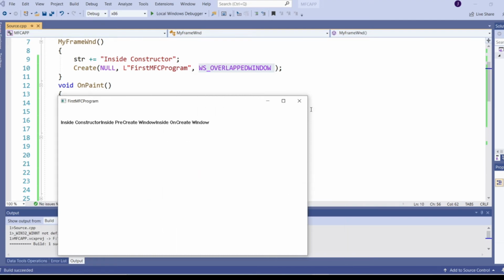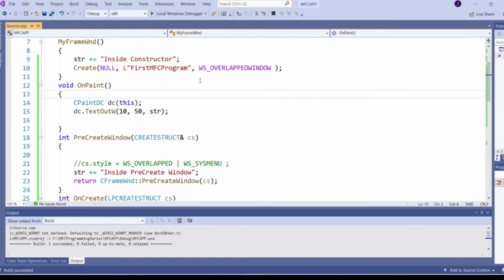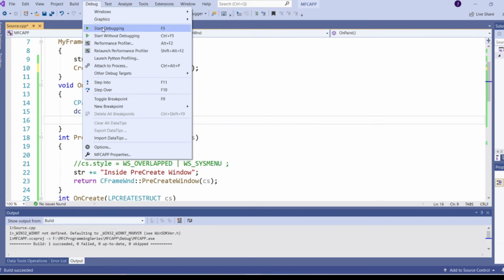To do this, we can mention this style in two places. WS_OVERLAPPEDWINDOW is the default value for this style. Whether you mention it or not, there won't be any impact. By default, the style will be WS_OVERLAPPEDWINDOW.